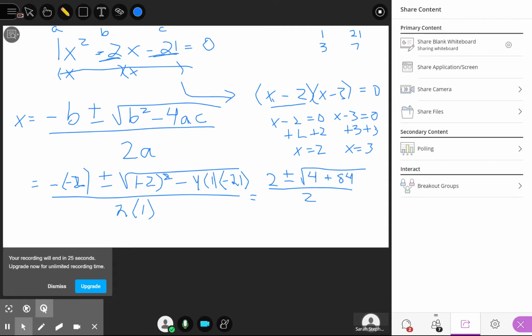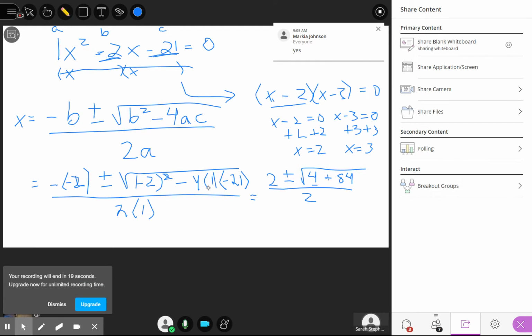Okay, so this simplifies down to 2 plus or minus. The negative 2 squared was 4. The negative 4 times 1 times negative 21 is 84. So now we have 2 plus or minus the square root of 88 all over 2. And now simplifying this,